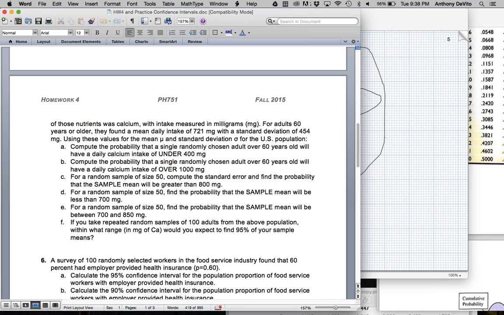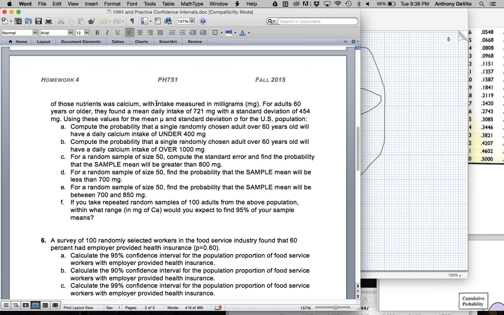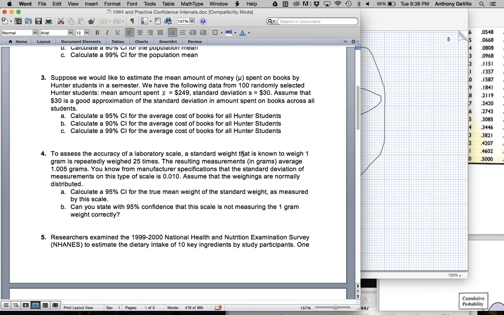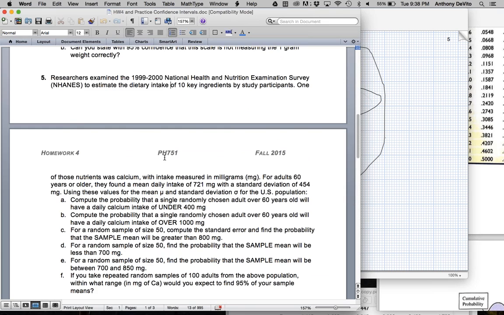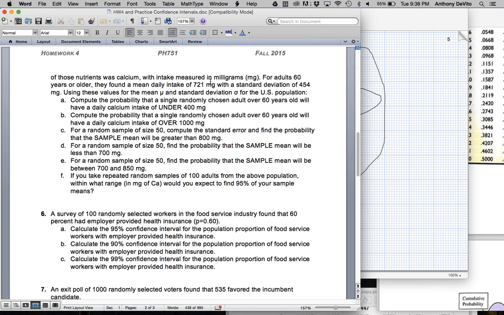The intake was measured in milligrams for adults 16 years and older. They found a mean daily intake of 721 milligrams, but there was a lot of variability and a standard deviation of 454 milligrams. Use these values for the mean and standard deviation for the U.S. population. By the way, this is a very large study. There's a lot of participants in this study. Okay, so we're